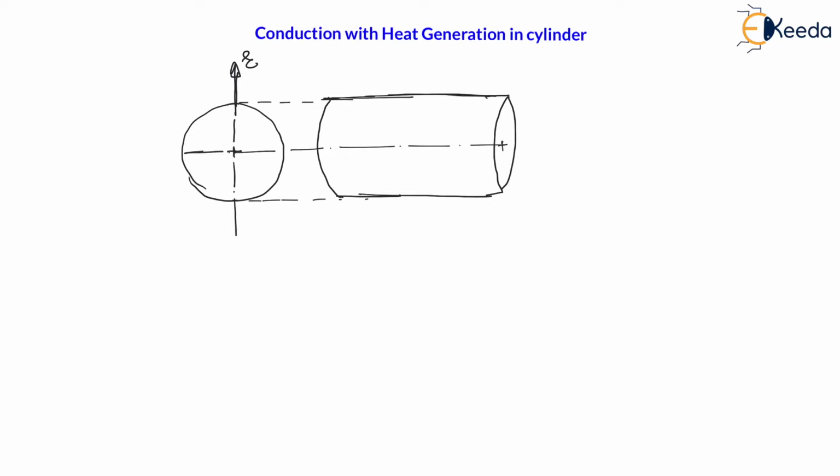And here we are assuming uniform heat generation, and let us say this is the axial direction, z. Axial direction is z. It is the axis of the cylinder, right? You can see this is the axis of the cylinder, and z is the axial direction, r is the radial direction. And there is one more direction, that is azimuthal direction, that is angular. Here r is the radial direction, z is the axial direction, and phi is also called the azimuthal direction, right?